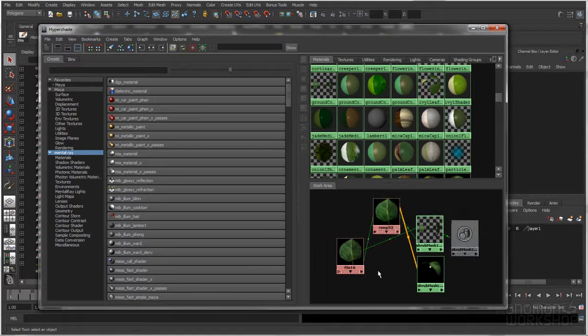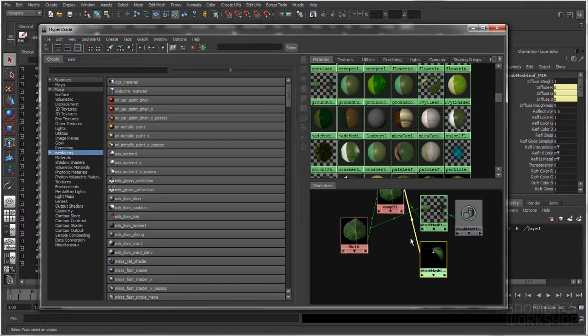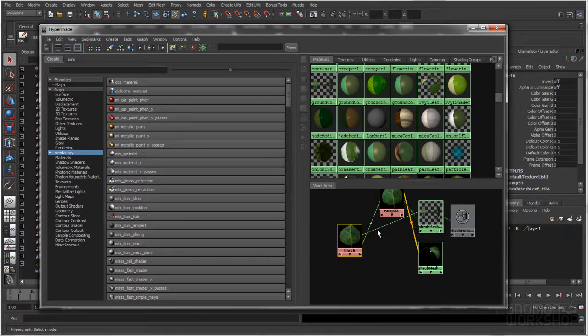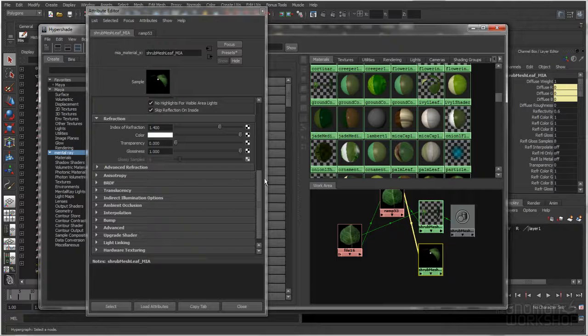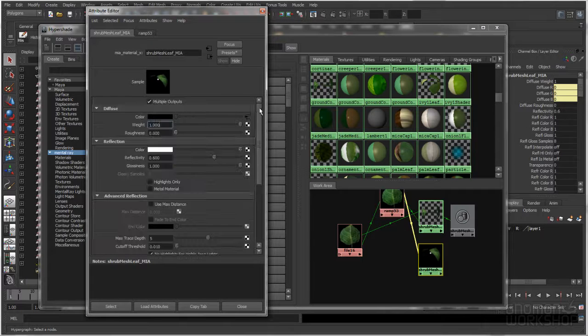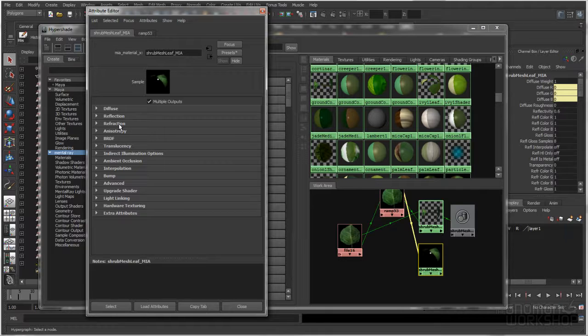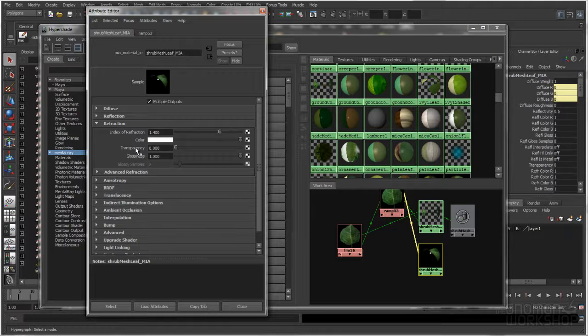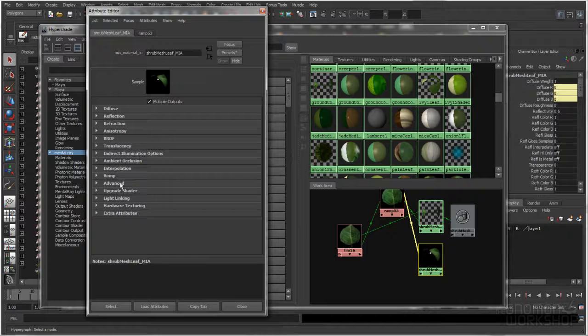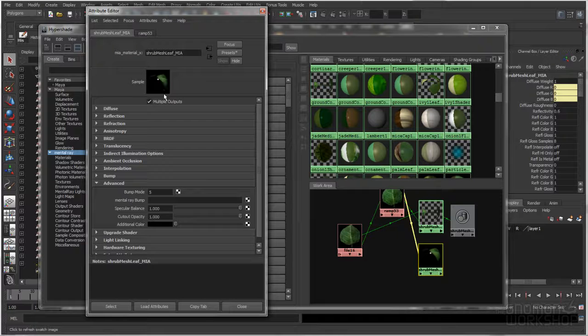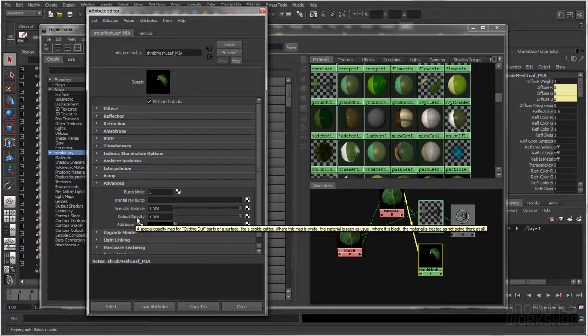And so in here, where does that go? Well, basically what you need to do is you still want to use the out transparency, but instead of putting it into transparency, let's just close everything out. Instead of putting this into transparency and refraction, if you go to the advanced settings for the MIA material, you'll see something called cutout opacity. And that's really, really useful because if you take the transparency map for this, which is just a black and white image, and you put that into cutout opacity, it'll just cut out part of the surface so that you